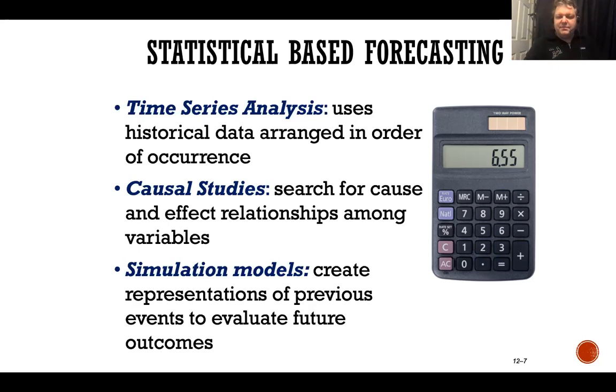Notice it's directional. Notice that the amount of ice cream consumption we have is not going to predict the temperature. Right. So if more and more people eat ice cream, the temperature goes up. Well, if that were the case, a lot of people would eat ice cream in December, because then we could assume that the temperature would be 85 degrees. And that doesn't happen in December, right? But it's possible that the temperature outside is what predicts the amount of ice cream that people eat. That's a causal study. The last one is called simulation models.